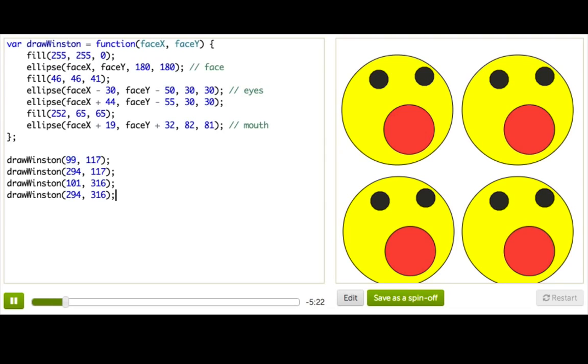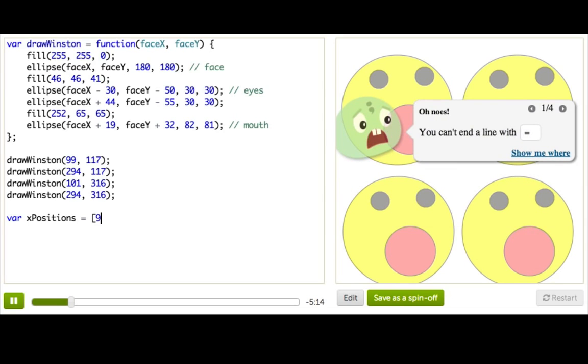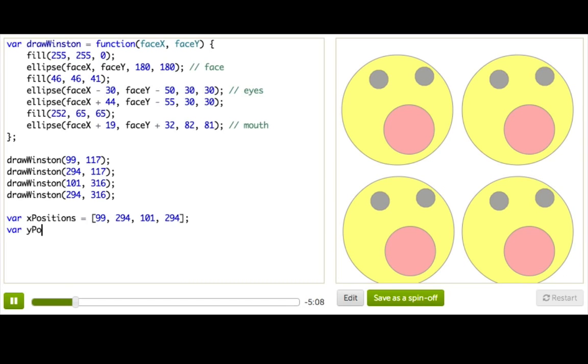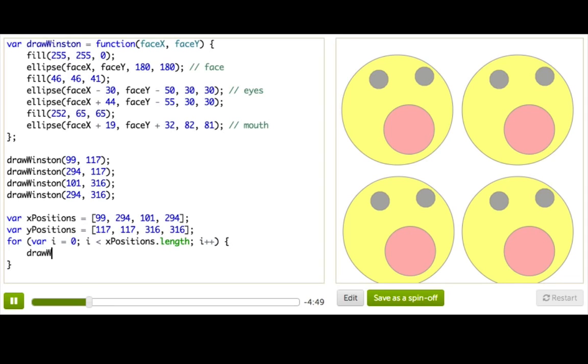Well, we have 2 sets of values, so what we could do is have 2 arrays, one for x positions and one for y positions. So x positions, we might have 99, 294, 101, and 294. And y positions, we'll have 117, 117, 316, 316. Okay, and now we can loop through those with our for loop, var i equals 0, i is less than x positions dot length, i plus plus. So we're going through each element in x positions, and we'll say draw Winston, x positions i, and y positions,